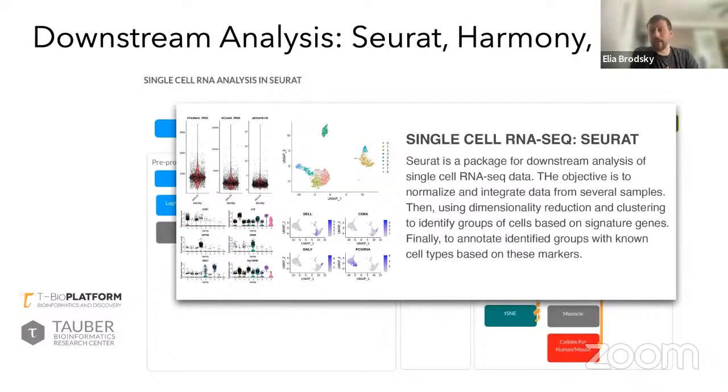For example, in anchoring, right? Knowing how to normalize and harmonize your data with Harmony, with anchoring and SILRAT, with other tools like Monocle, how to really validate some of the cluster annotation. There are many different tools. Do you go about it manually? Do you take some existing package from R? So those are some of the questions that really could be addressed in using such a pipeline.